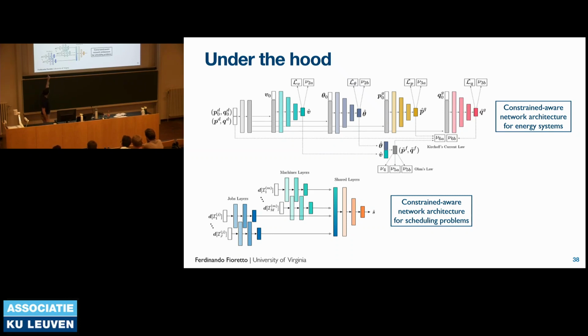This one here is the network architecture that we're using for the shop scheduling, where we're dividing jobs layers and machine layers, and then using some hidden layers. We have a set of ablation studies showing that the choice of this architecture really pays off when you're comparing to just learning an end-to-end ReLU network. That's also a pretty interesting conclusion. And we have no idea how to create those architectures automatically. So it's a little bit of an art at this point.